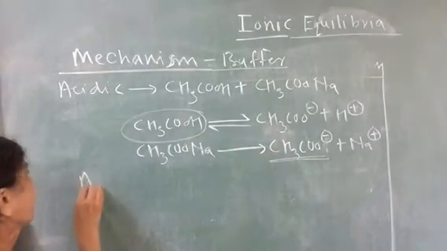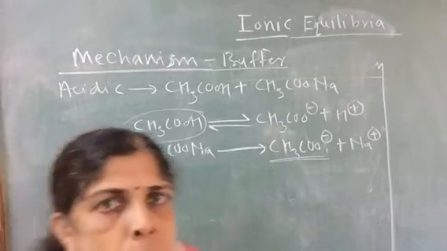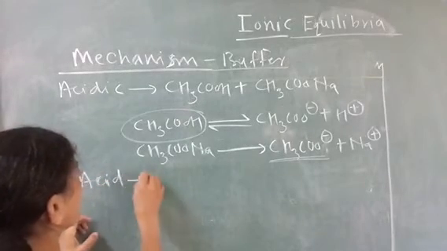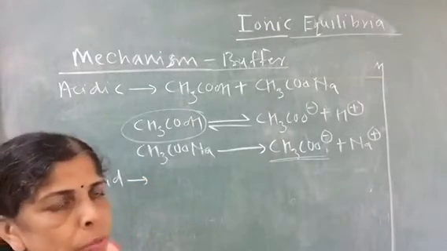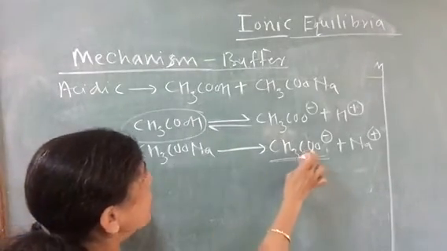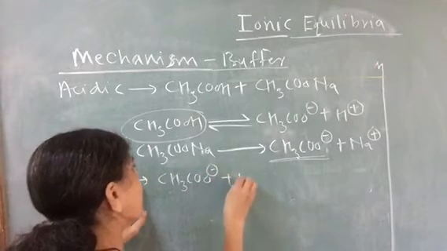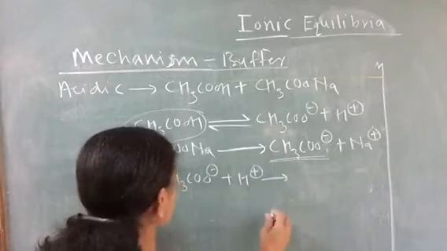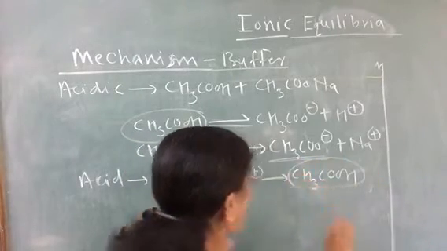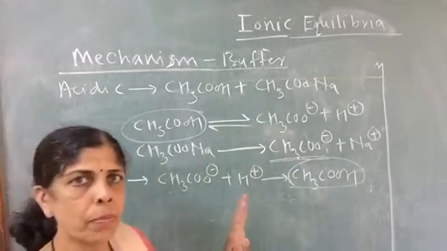If acid is added to a solution that has buffer in it, acid means H+ ions, which are going to affect the pH. Those H+ ions will be consumed by the conjugate base CH3COO-, and the added H+ ions will be utilized, and we will get CH3COOH, which is a weak acid. As weak acid is formed, pH will remain the same.